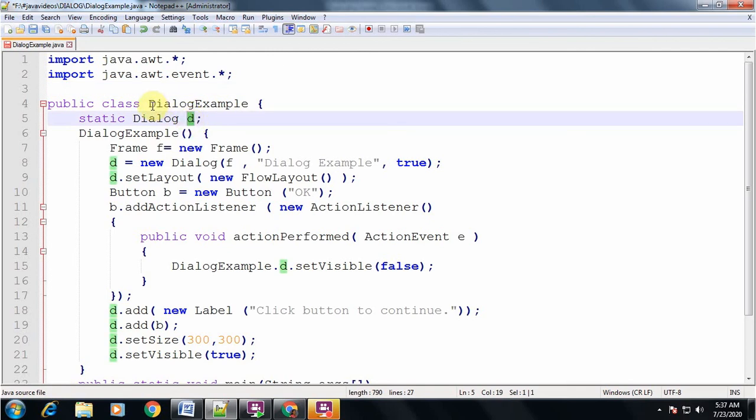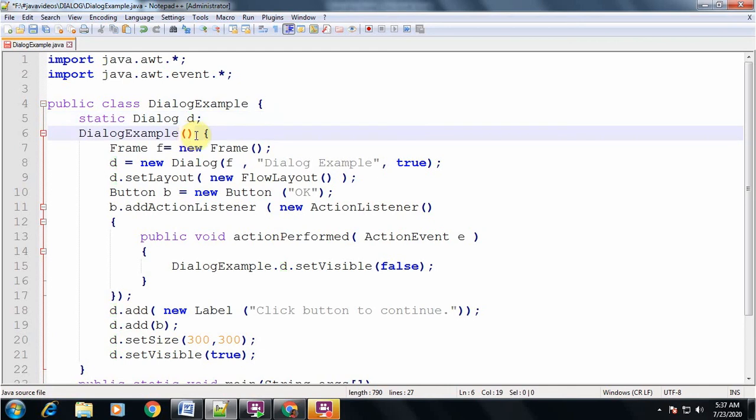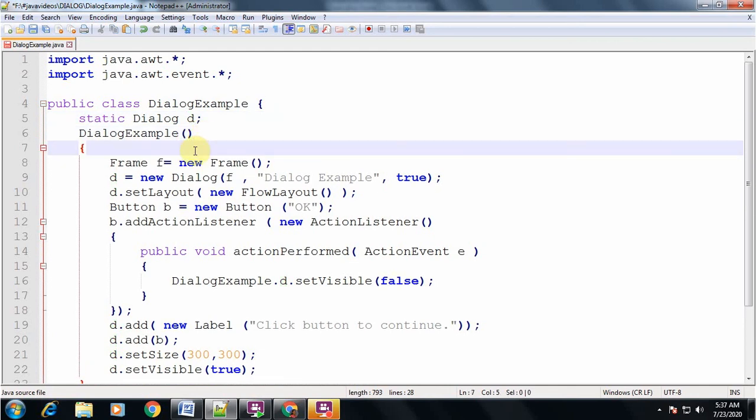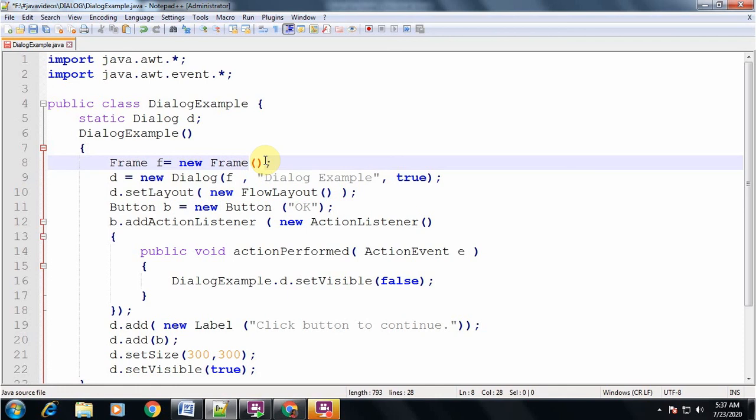Now here I am making use of the constructor, and inside the body of the constructor I have created an object of the Frame class: Frame f is equal to new Frame, the default constructor. And when initializing this object of the Dialog class, d is equal to new Dialog.